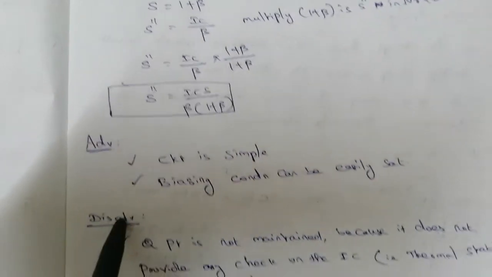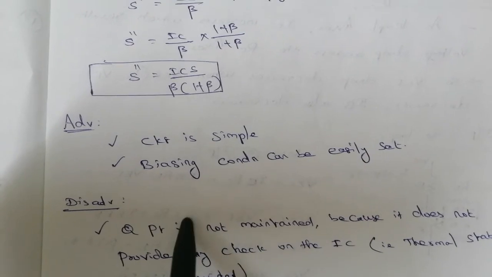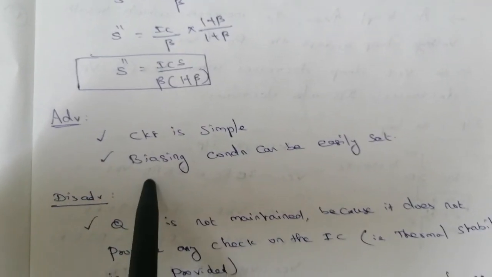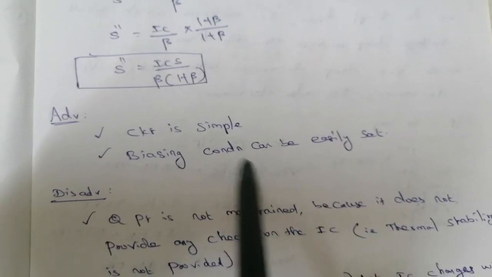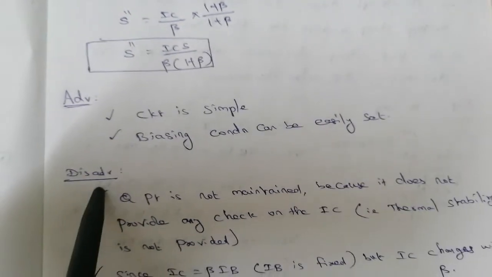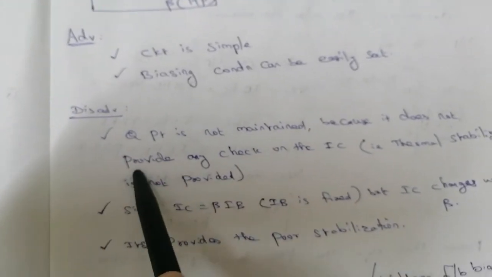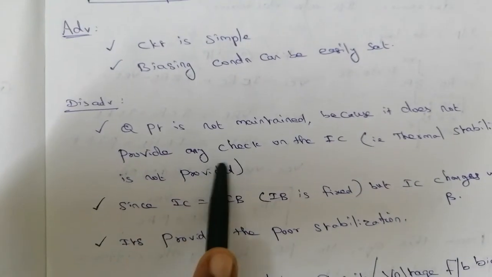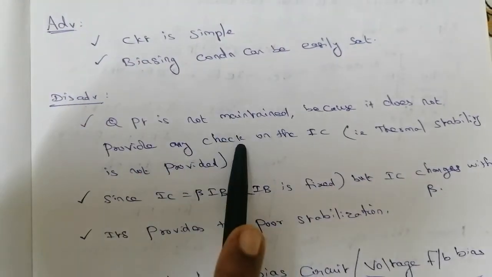Now the advantage of fixed bias circuit is that it's a very simple circuit, because here we are using only a base resistance connected between supply and the base. And the biasing conditions can be easily set. Biasing condition means the collector current can be made constant. The disadvantage is that in the fixed bias circuit the Q point is not maintained, because it does not provide any check on the collector current, right? Q point is not maintained. There is a possibility